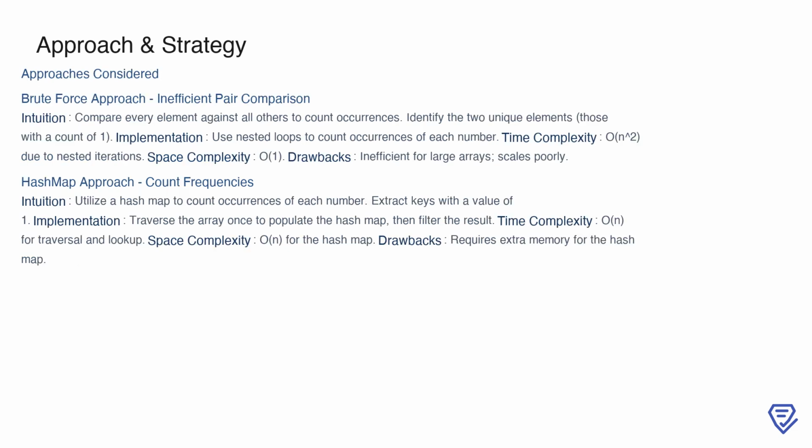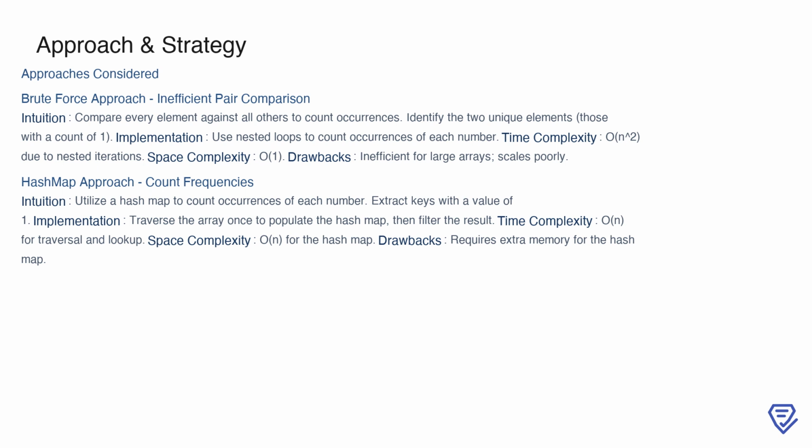When solving this problem, we considered a few approaches, starting with the brute force method. The idea here is straightforward. For each element in the array, we compare it against all other elements to count its occurrences. Once we have the counts, we identify the two unique numbers, those that appear only once. While this method is simple in concept, its implementation involves nested loops, leading to a time complexity of O(n squared). This makes it inefficient for large datasets. Additionally, it has a space complexity of O(1), since we're not using extra memory, but the poor scalability is a